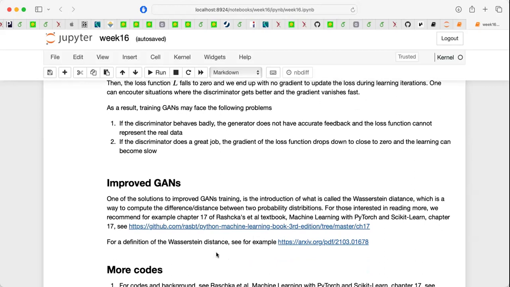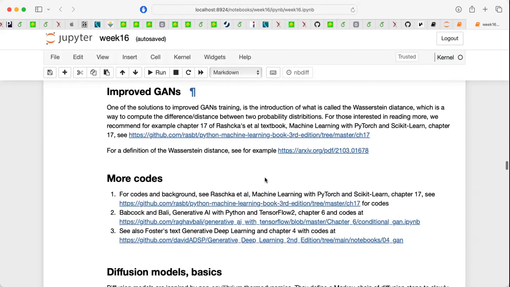So instead of using this Jensen-Shannon or even the simpler version, this Kullback-Leibler divergence,